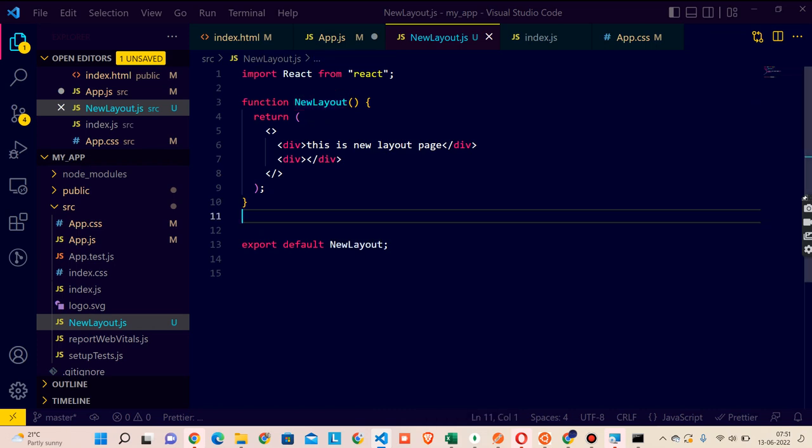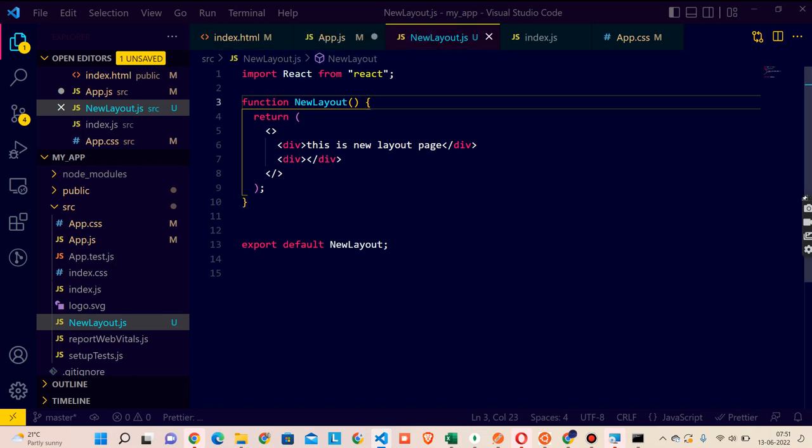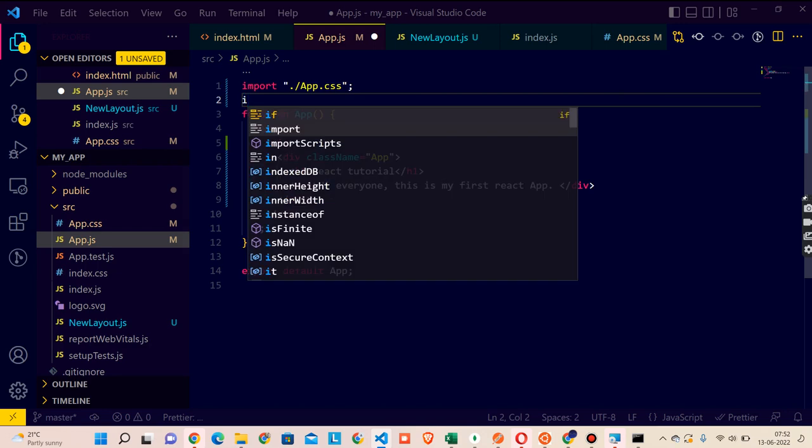As we have imported React.js from the library to use it, again we have to use this new file. We have created this file, we want to use it, right? So we'll import over here, because we know app.js is our main file. If we are creating something, we have to attach it somewhere, and we have to attach it in app.js, because this is connected with index.js. So basically this becomes the main page. Okay, so first we'll import